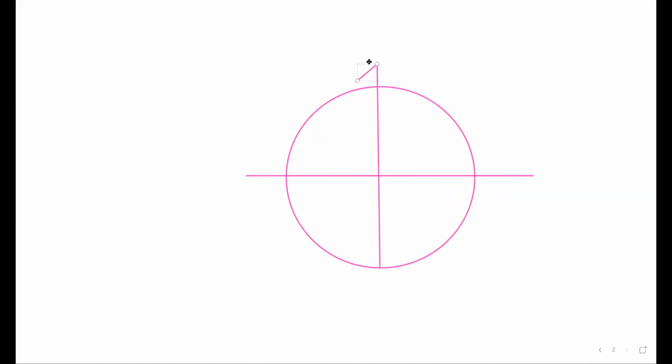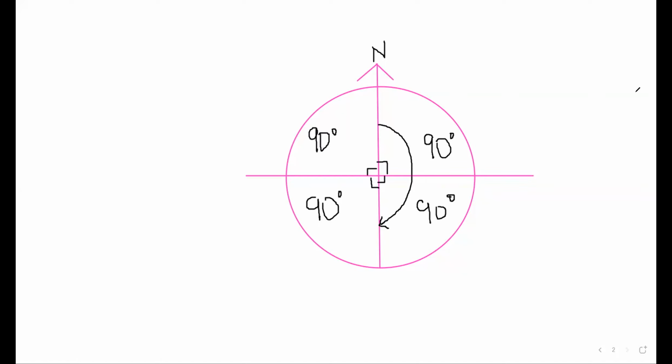Continue. Yes, so there are 4 parts. This first part has 90 degrees, the second part 90, 90, 90, making up 360 degrees. And so half of this, that is now a half turn. If someone has moved halfway, then this person has moved what we call a half turn.